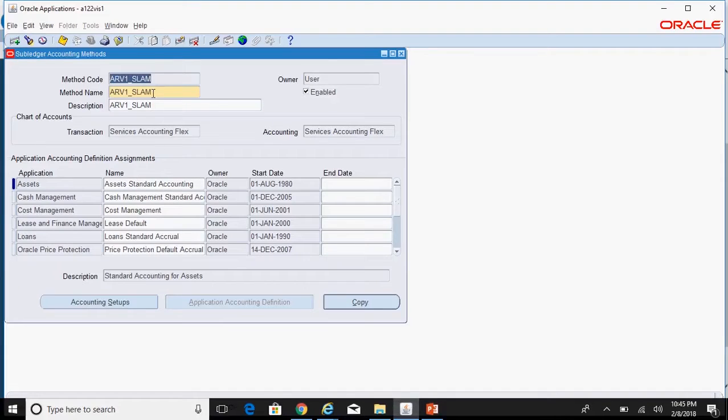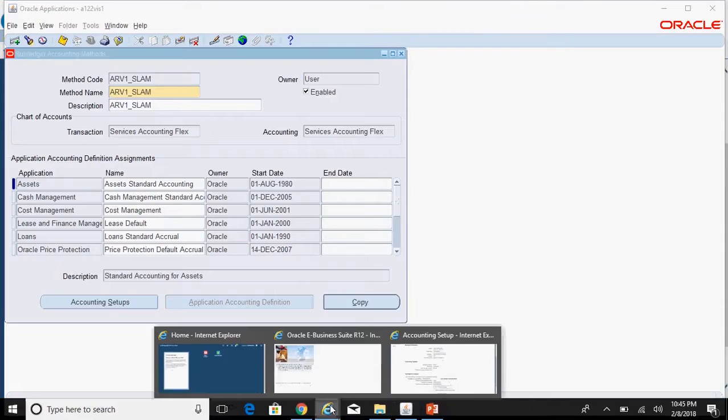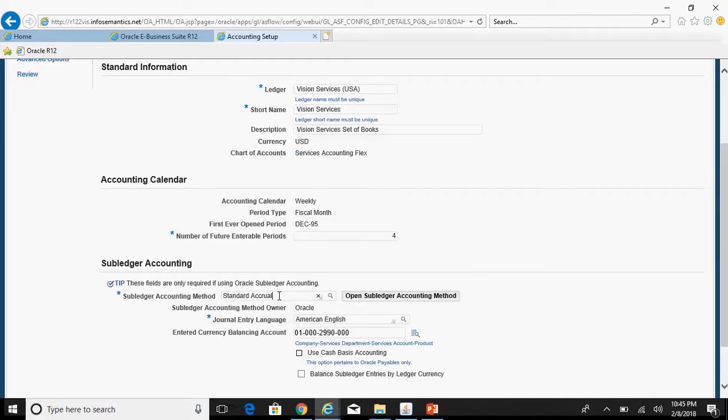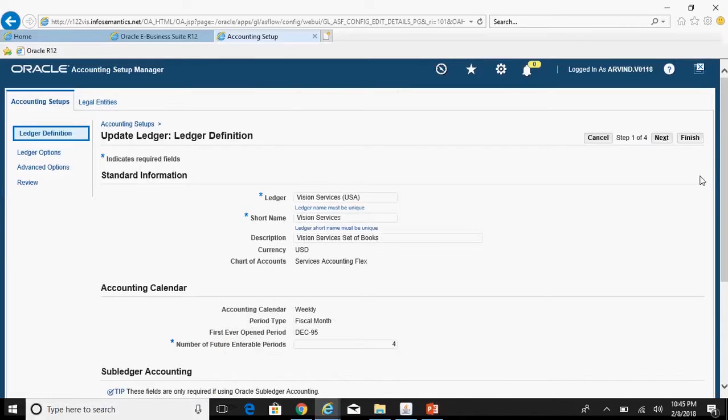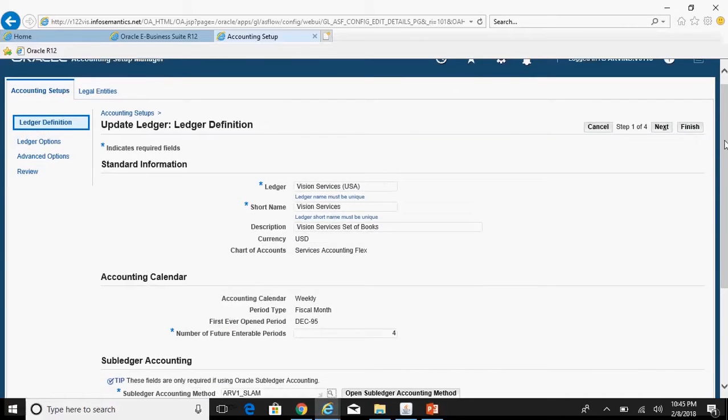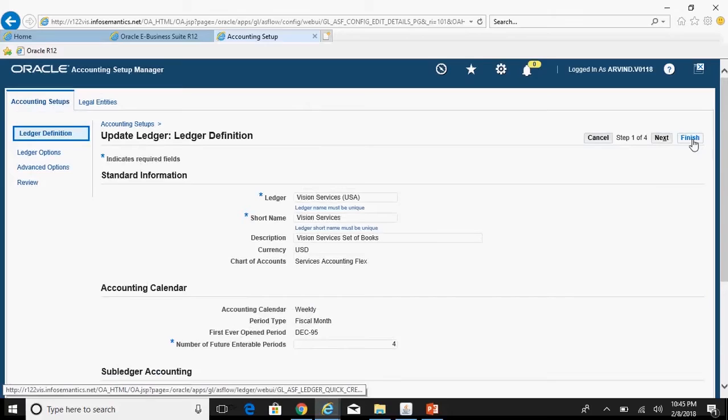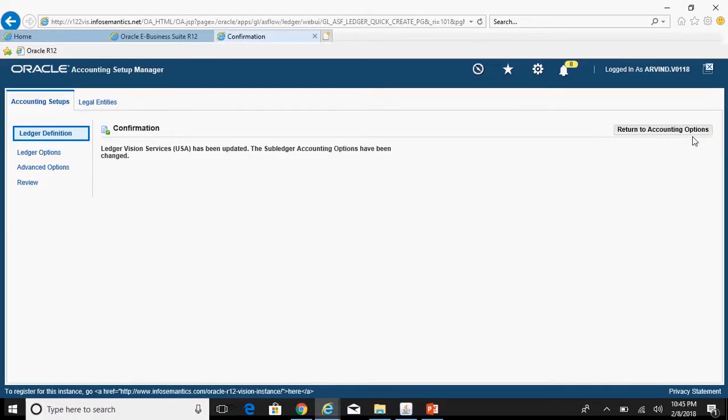Now assign the subledger accounting method to your ledger, and then click on finish. So you have assigned your custom subledger accounting method, but as of now we have not yet made any SLA changes there.